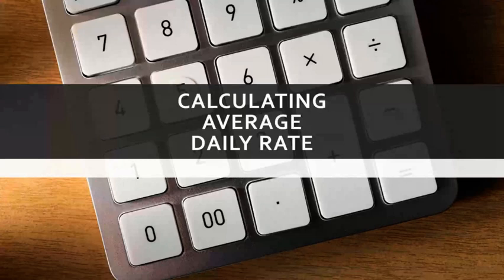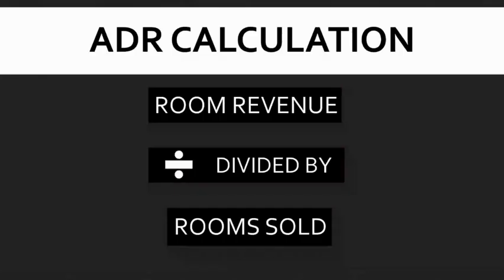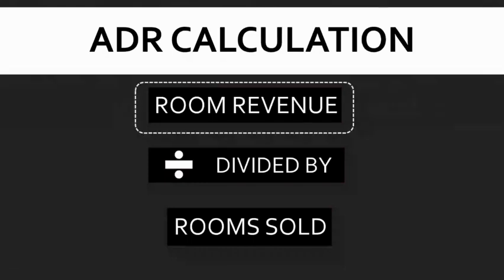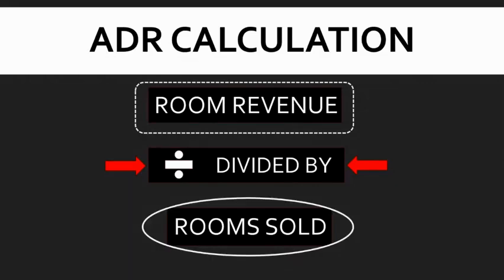So now let's take a look at calculating the average daily rate. And remember, we're going to take all of the rates and divide them by how many rates we have, and that's how we're going to calculate it. So let's take a look. It's room revenue divided by the number of rooms sold. Room revenue divided by the number of rooms sold is how we calculate